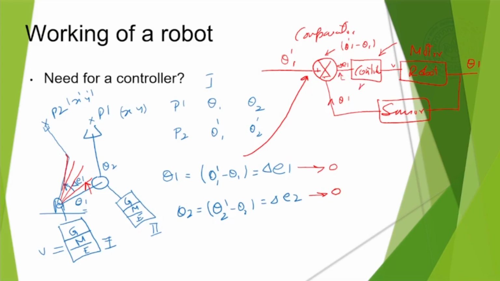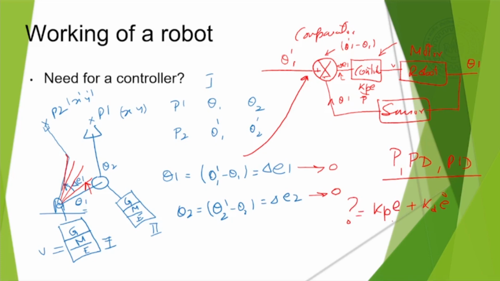For example, if I have a Kp and an E, Kp into E, we looked at this in terms of the P controller. So it has a gain Kp. That Kp is getting multiplied by the error here, and it is going into the voltage to the motor. This is what I mean by an amplifier here. In our linear control systems, we had looked at P control, PD control, and PID control. What these are doing basically is Kp into E plus Kd into E dot. So this was what the controller was basically doing.